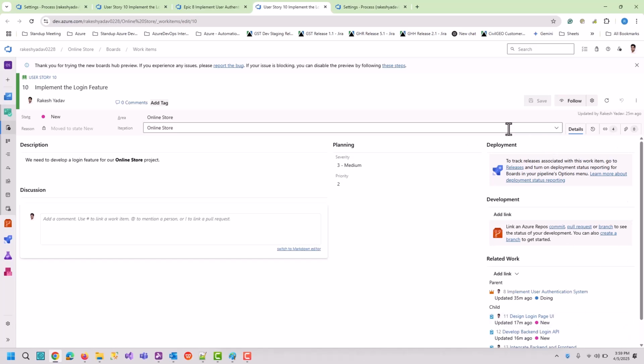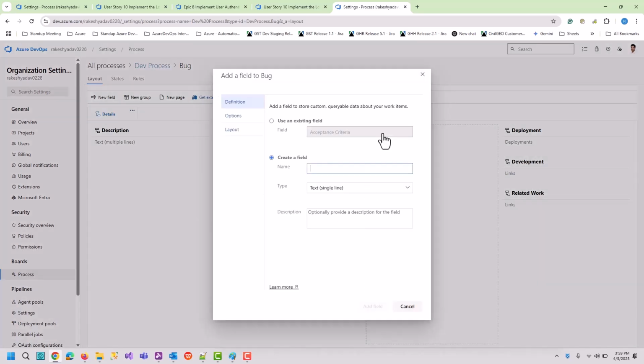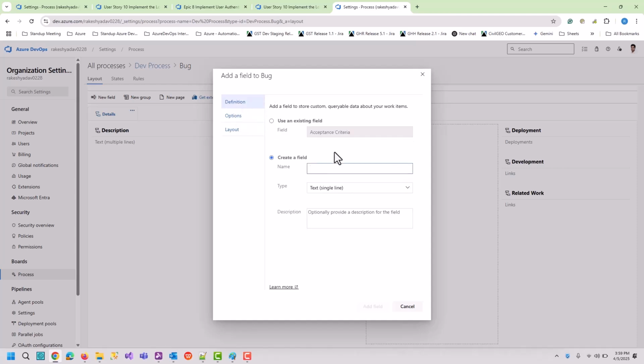You can also define multiple option fields and groups based on your requirement. You can define all those here. So this you can do for user story, and for example if you want a different layout for a bug, you can define it here. Suppose I want to add a group, maybe in case of bug,